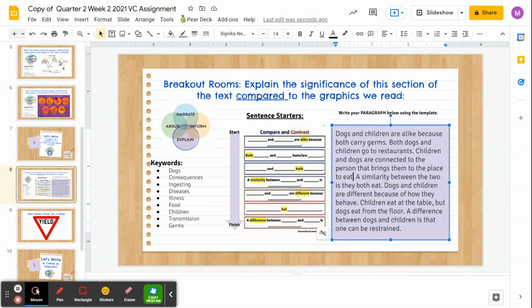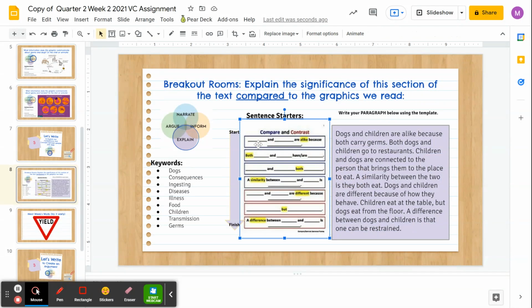Now, this paragraph starts up here using these specific compare and contrast statements and then ends in these red parts, these items that can be found in these 3 boxes to create that contrast. Notice that by the time you're completely finished, you should have 1, 2, 3, 4, 5, 6, 7 sentences total to create this full paragraph. For many students, that's what they completed during our breakout session today, as well as